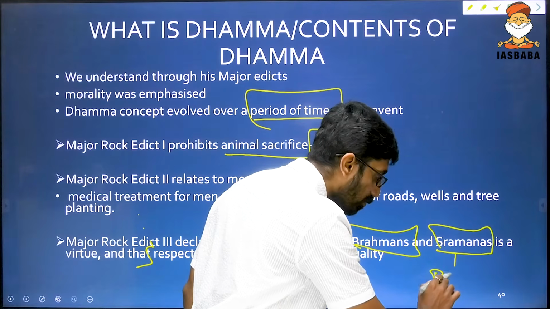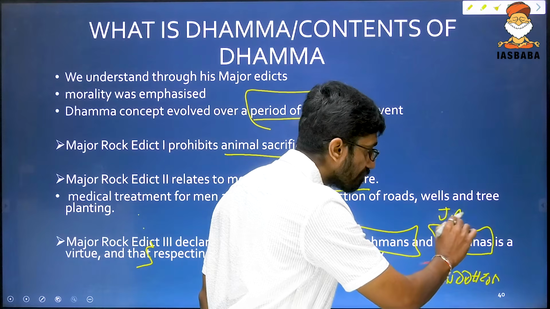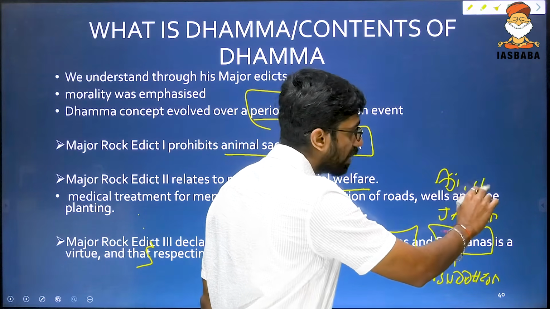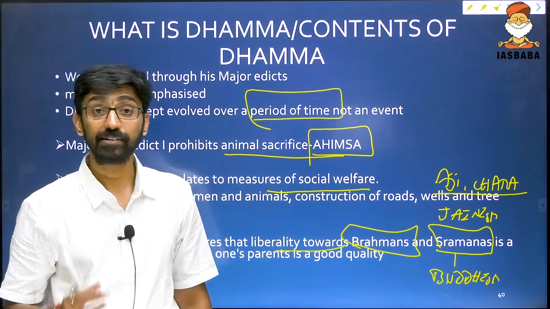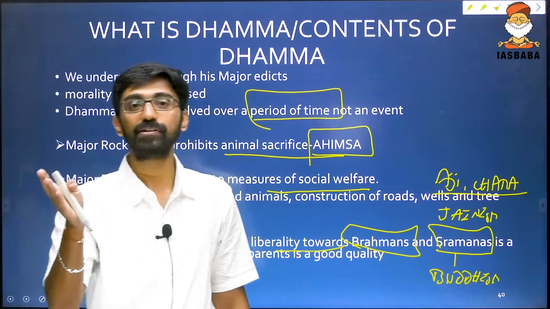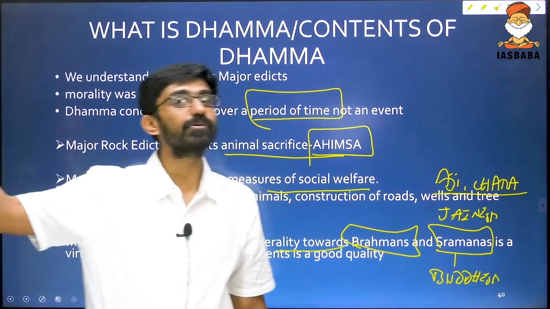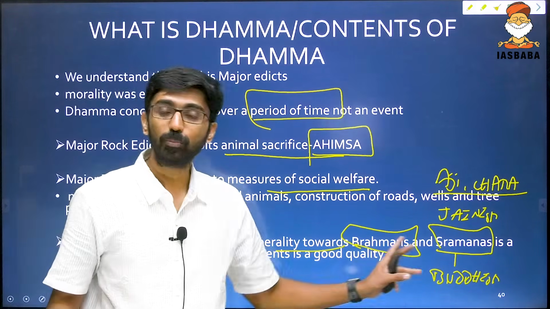Shramanas are Buddhism, and then Jainism, then, as I told you, Ajivikas, Charavakas. All of them can be called the Shramana movement. There is another movement between 600 to 300 BC. Look at that one. What was happening between 600 to 300 BC was influencing policies between 300 to 200 BC. They should be open-minded towards both of them.